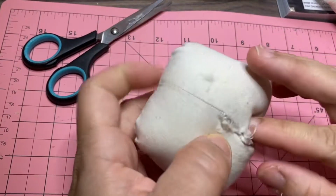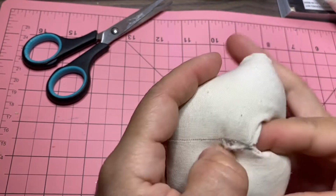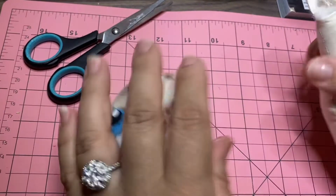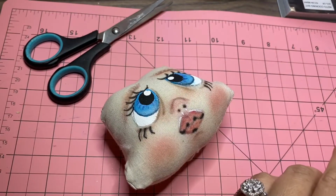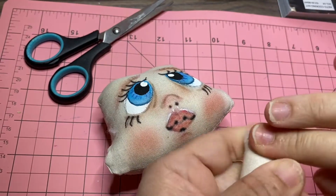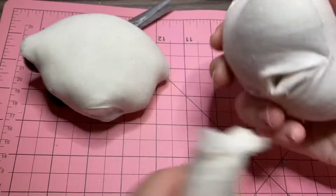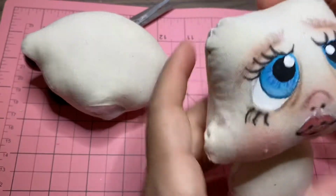Okay, so back to where we were. Okay, so it grabbed some of it, not all of it, but it looks like it will hold. So now what I'm gonna do, I'm just gonna glue this little piece over. That's Jesus. The mommy and, yep, dad. That's Jesus. Okay, so now I'm just gonna make sure my neck is gonna go in